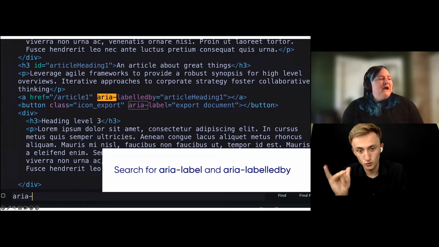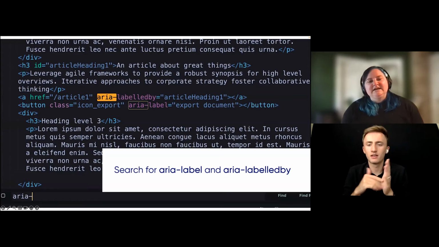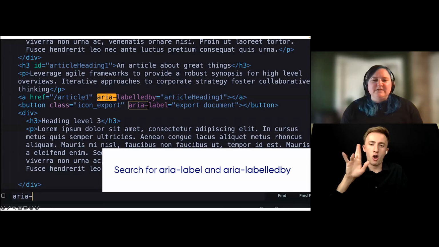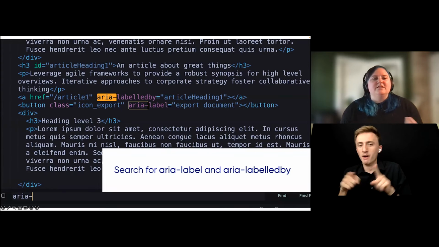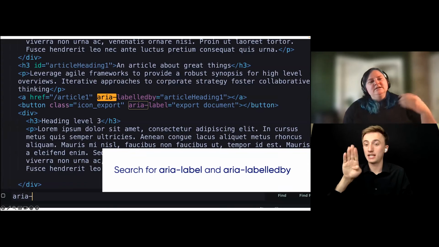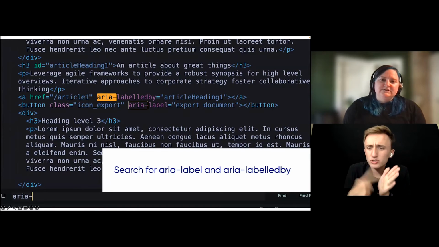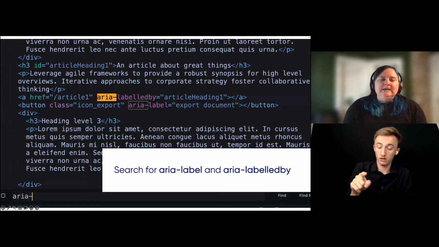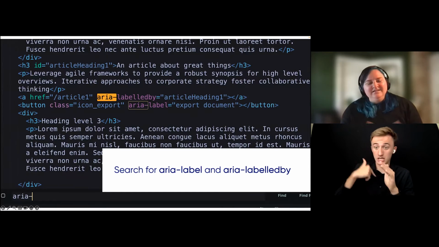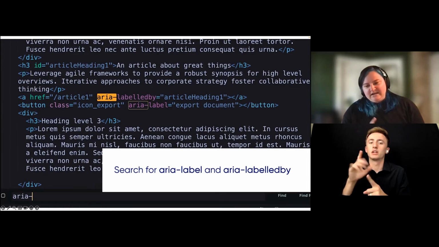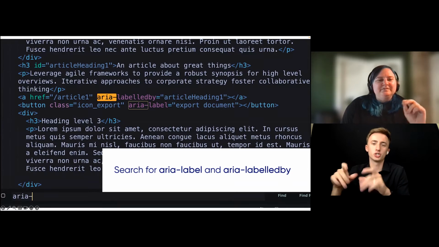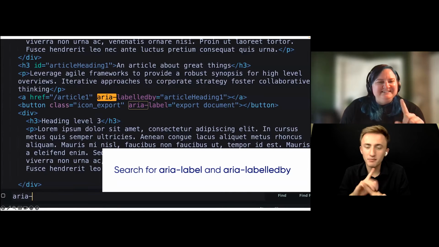So what do I do? I again take the pull request, put it into my text editor, and just search all for ARIA dash. And that can be problematic, so you might need to do the full word ARIA dash labeled by or ARIA dash label to find them correctly. Again, highlight them all on your screen and double check. Is this an appropriate use of it? Is it implemented correctly? Am I getting what I expect out of it, right? Am I overriding meaningful content with ARIA label? And again, I have a future slide that will dig into that a little bit. But isn't that annoying? I keep doing that, but don't worry, we'll get there.